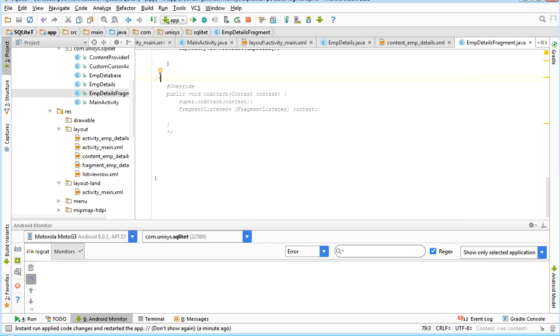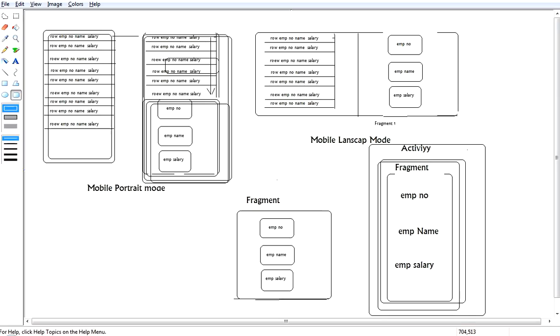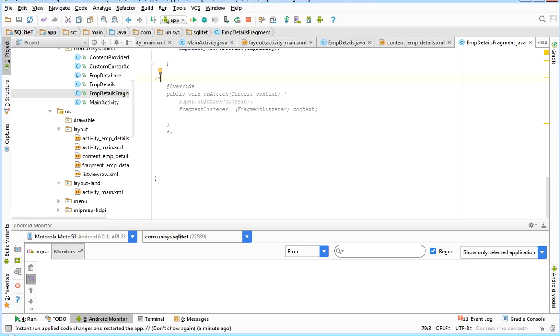But normally, we use dynamic fragments on the same screen. We don't start another activity and put the fragment there, we use dynamic fragments. In that case it works. So we can attach it, and assign this to an interface reference, which has to be implemented in the main activity, so that whenever we call this method, it will call the main activity method.